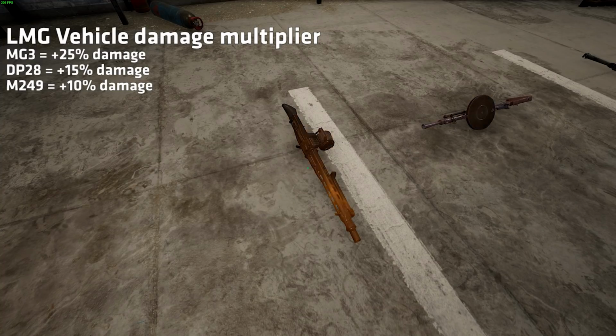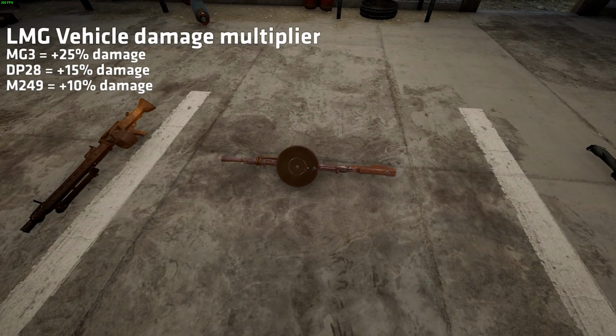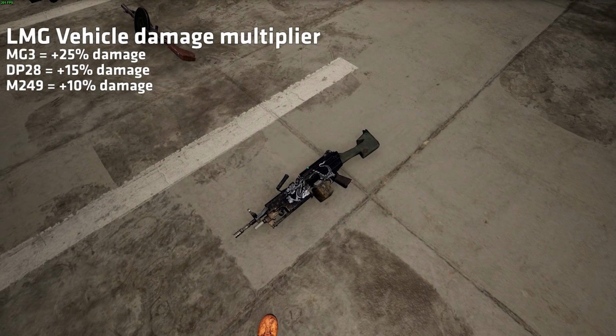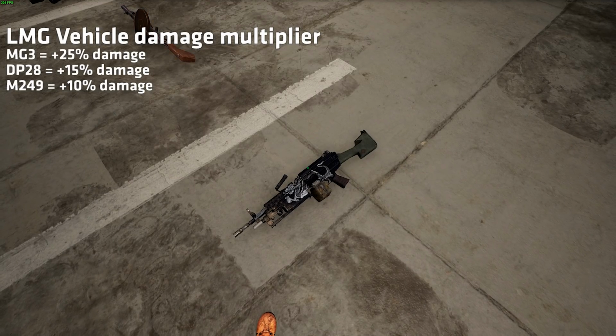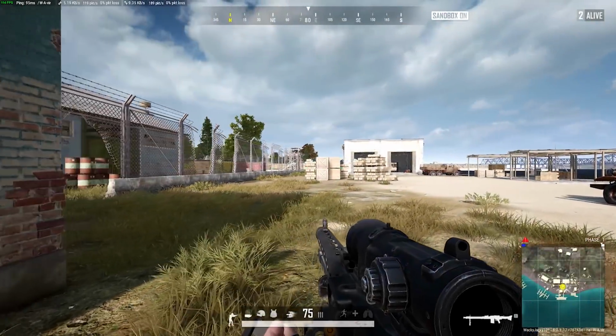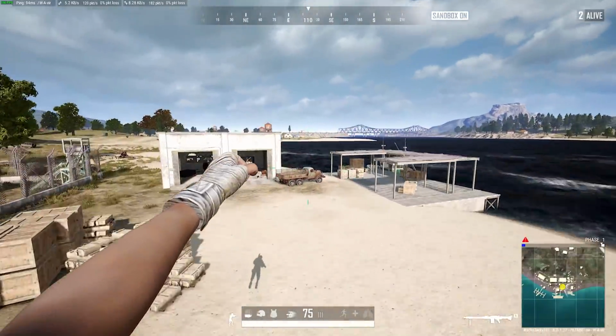The MG3, as we just talked about, does 25% more damage to vehicles, and the DP28 does an extra 15%, while the M249 does 10% more too. I like the idea of this, as it creates a niche ability in this weapon category. And since I am standing right here at one of the new docks on Erangel, I can no longer ignore